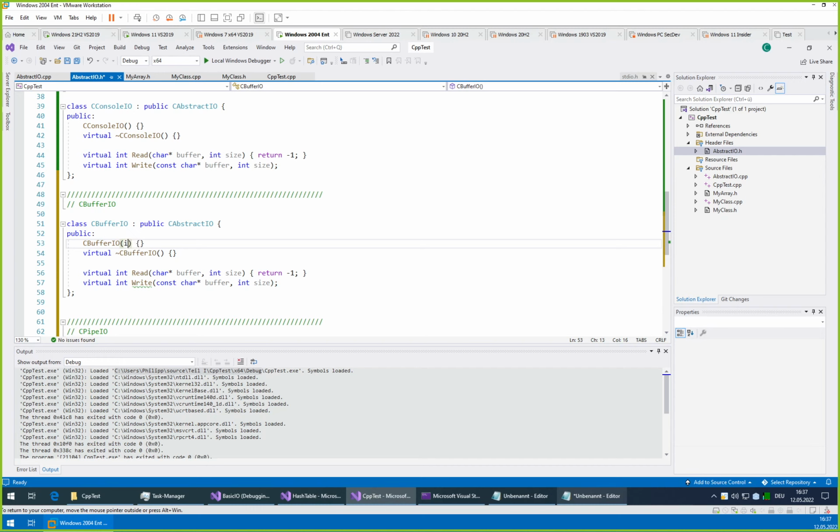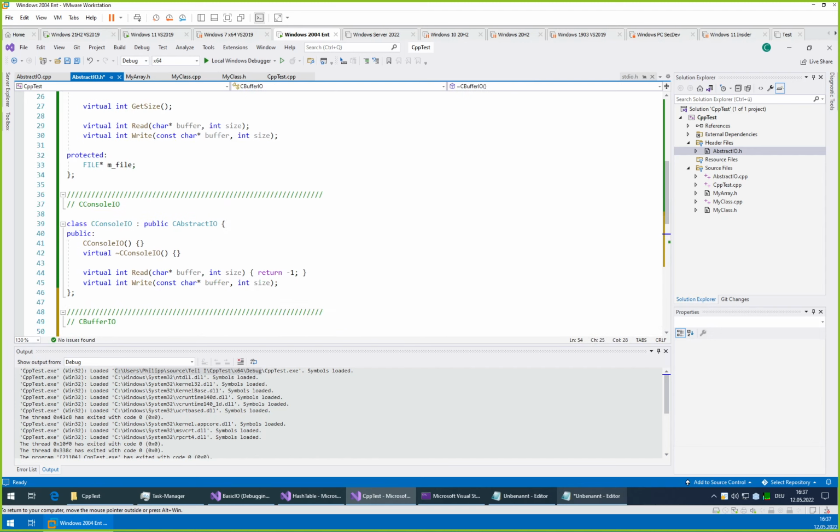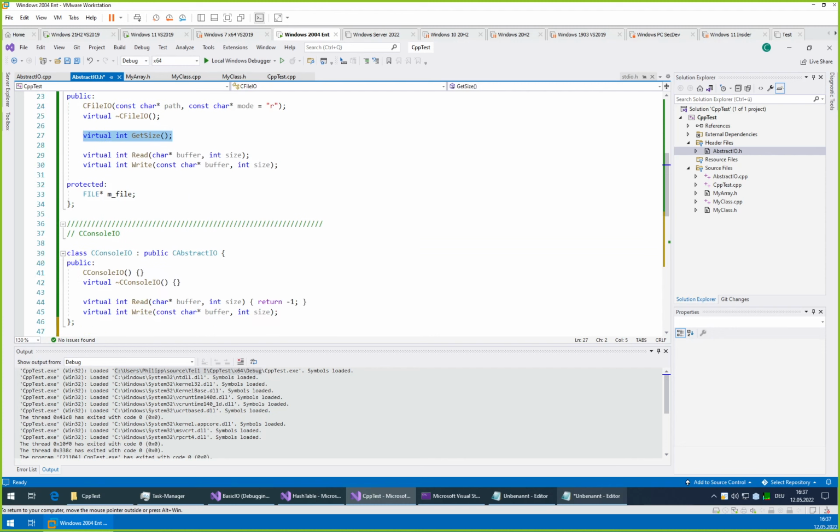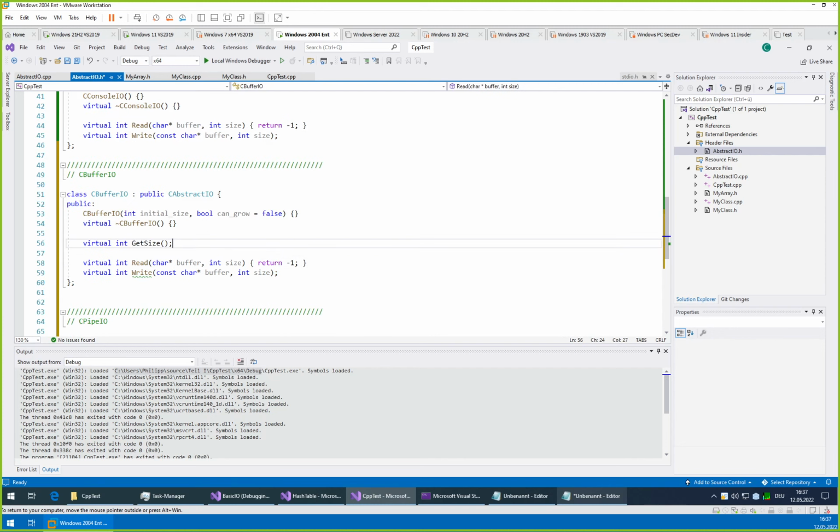So int initial size, comma, bool canGrow is false by default. Wait, what is it complaining? No, it's not. Fine. We need the size, of course. getSize. It can read and it can write.